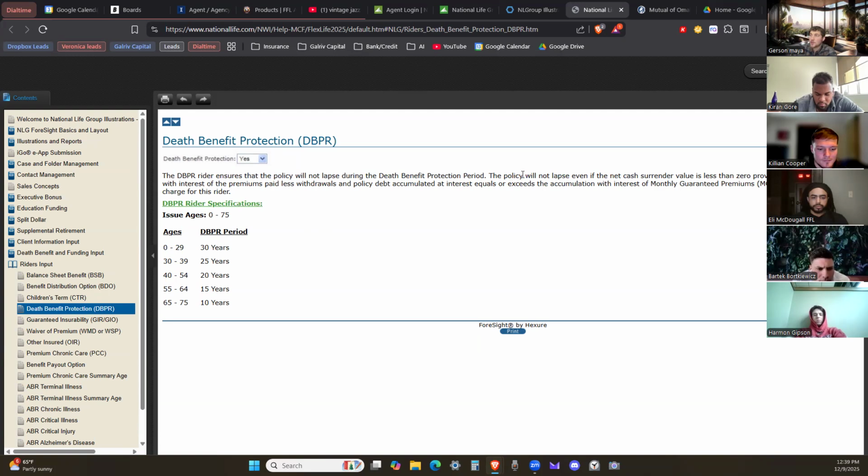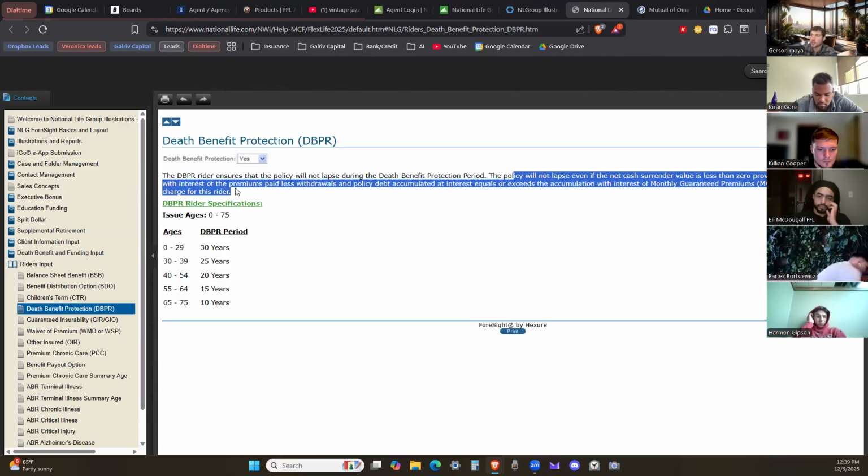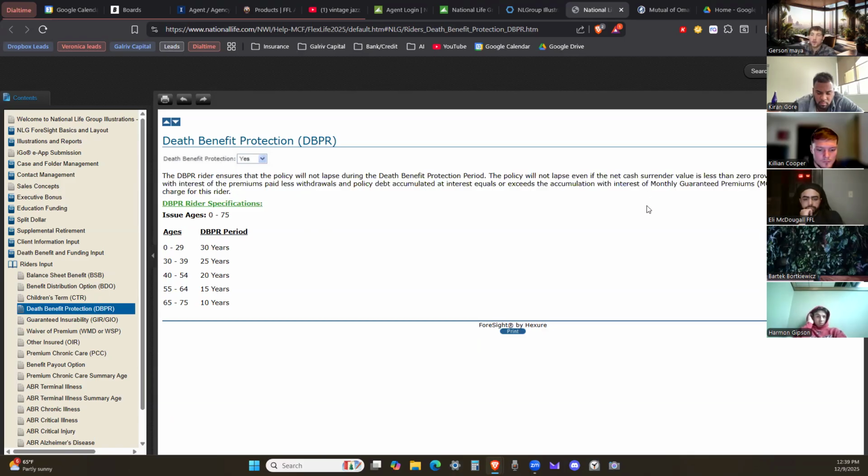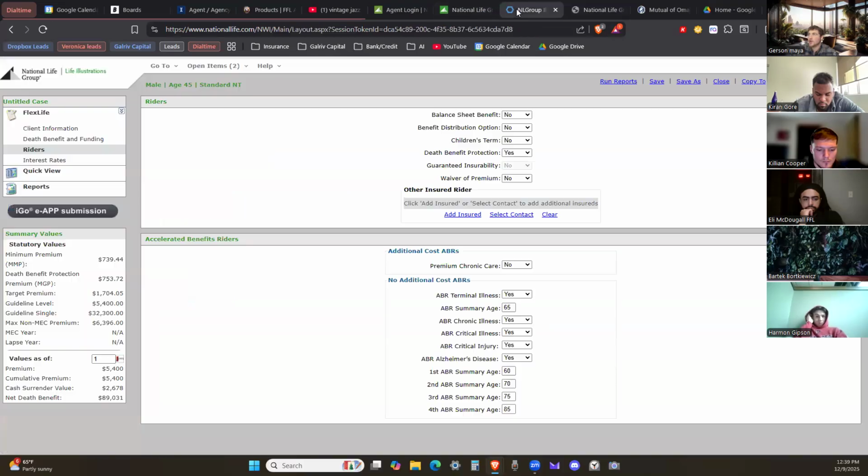And that's even if the net cash surrender value is less than zero, even if it's negative cash value because you took a loan from the policy, can't pay it back, interest is getting charged on you, and you lost the money because you spent it on Gucci shoes and you lost your job. Hopefully no one does that, but people are not the brightest. There's no additional charge for this rider. It's a free rider, so it's just important to have it on there.